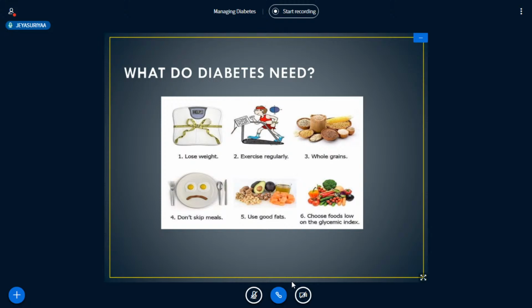Now, coming to the exercise part, physical activity promotes weight reduction and improves insulin sensitivity, thus it lowers the blood glucose levels. Together with dietary treatment, a program of regular physical activities and exercise should be considered for each person. Such a program must be tailored to individual health status and fitness.